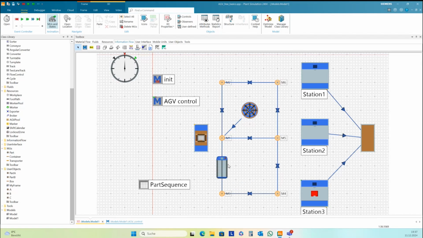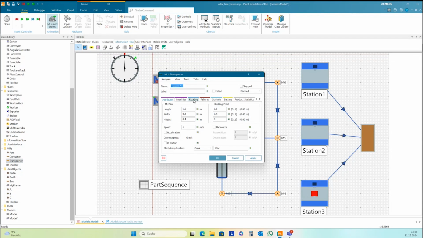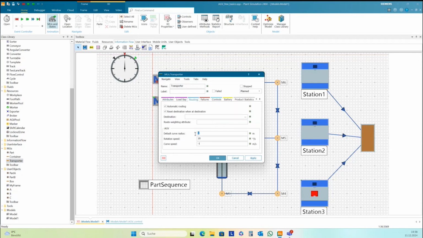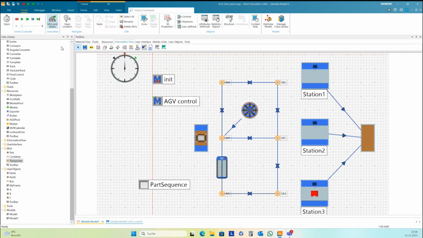Okay, if you want to have another behavior that the HEV is turning on these corner points here without moving forward, then you can set the default transporter routing, the default curve radius to 0, and then the HEV will behave a little bit in another way. Now it turns with the set speed.